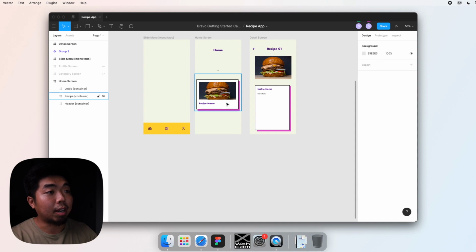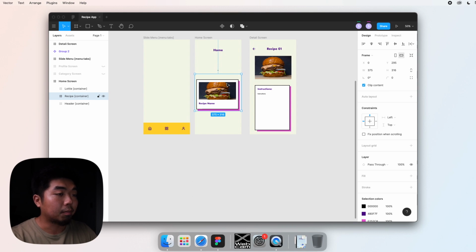So in my home screen here, in my final app, I'm going to have a list of all the different recipes that my app is going to have. But I only need to create one element. So I have this one block with one recipe inside. It's going to have the recipe name, and it's going to have an image of whatever the recipe is. Now this recipe name text and this image are just placeholders for now. When we get to connecting our information, we'll go ahead and replace those.